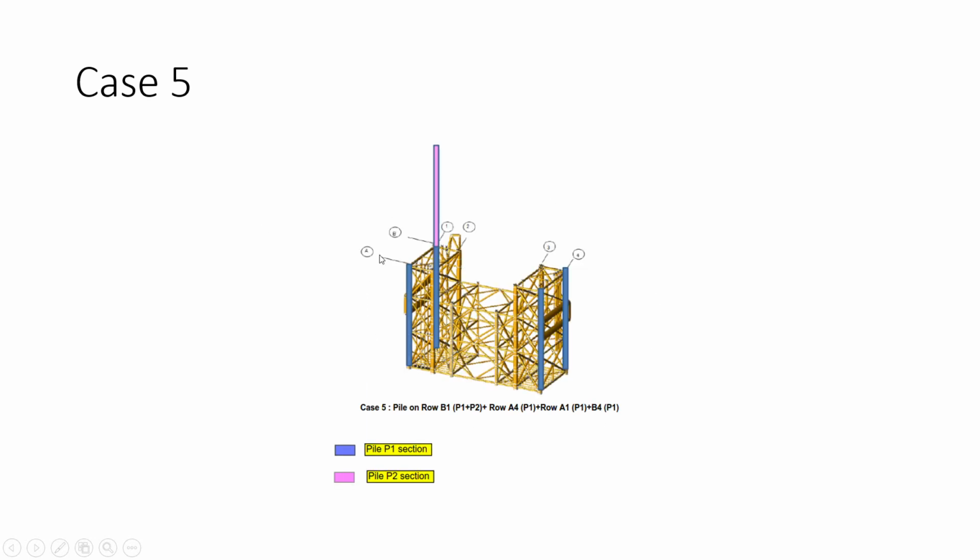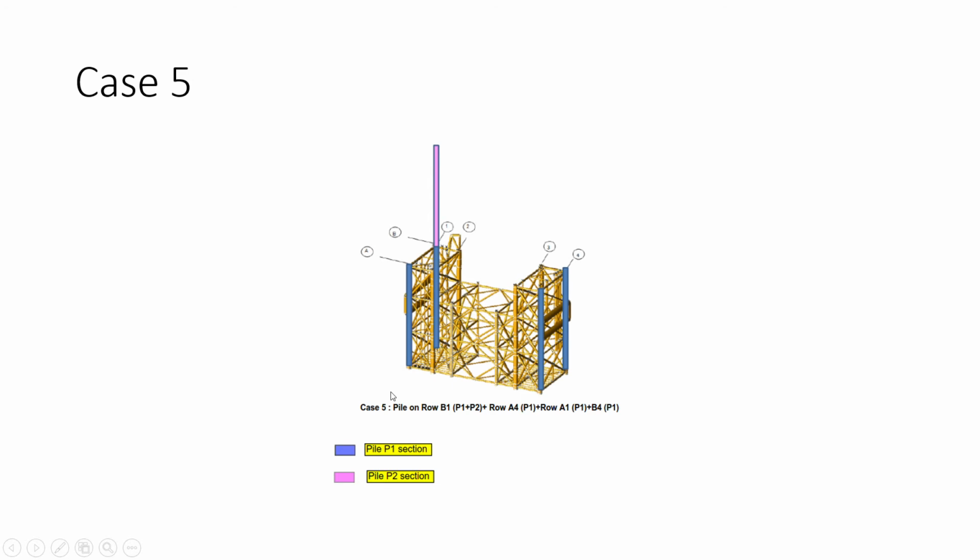Now this is case 5. Now I have installed all my 5. Again you have to put P2, the second segment, and then check the stability parameters: sliding, bearing, and overturning. Now what happens if you put each and every pile here? Your bearing is going to be of high magnitude.